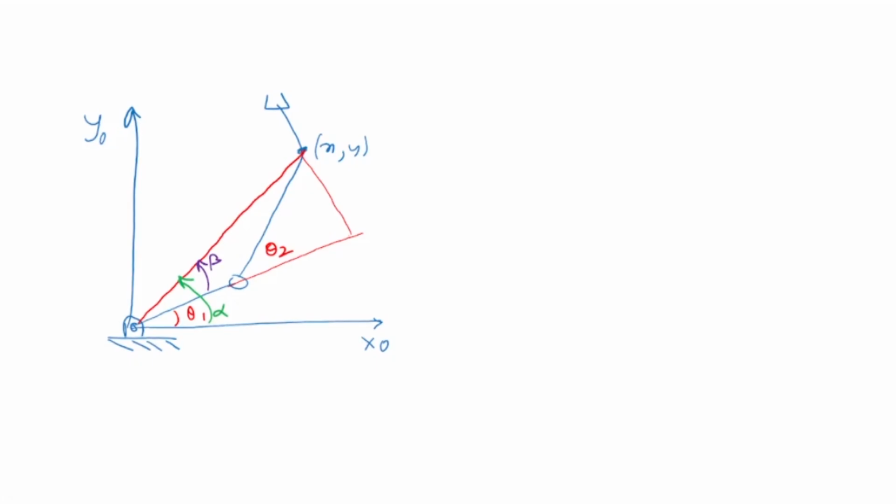Now we have found the values of theta 2, plus I know what is xy. The link lengths are L1 and L2. So that's L2 and this is L1. Now from this figure, it's very clear what is tan of alpha. Tan of alpha is equal to y by x, because you know the values of x and y, which are given.